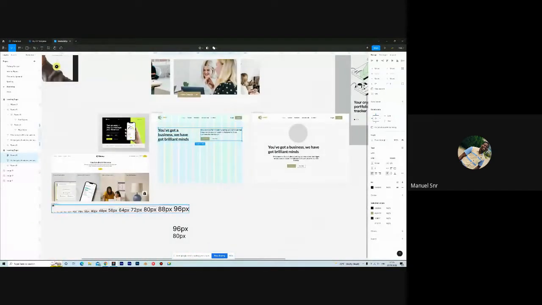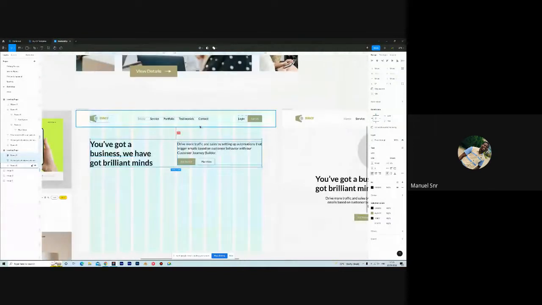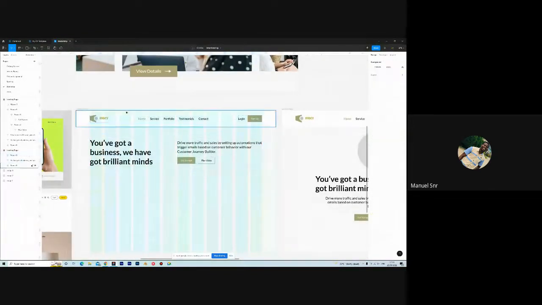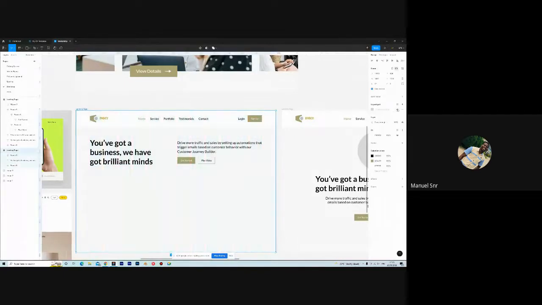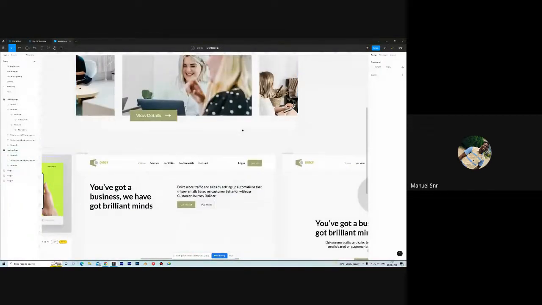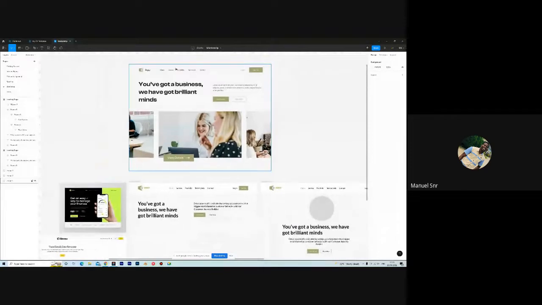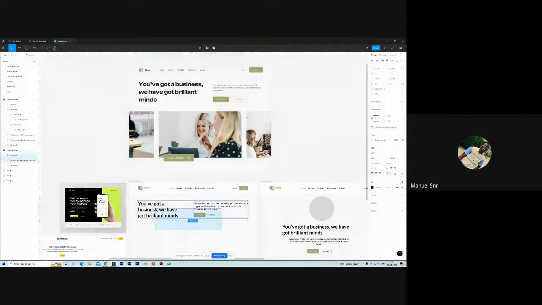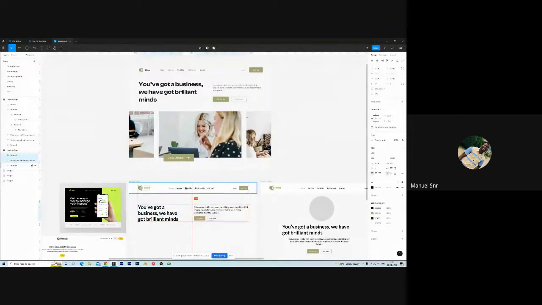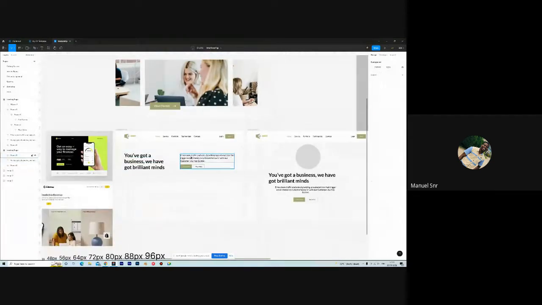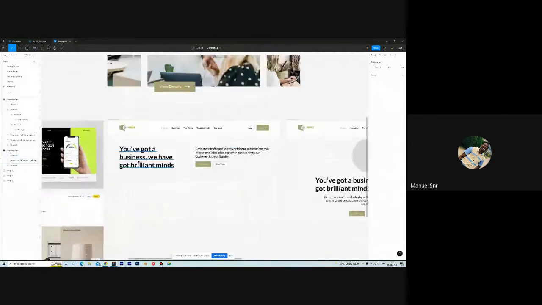So spacing scale. Let's work with 80. Let me turn on my grid. Now I have this, right? This placement I worked with 120, and it's this, right? But I want to work with 80 because